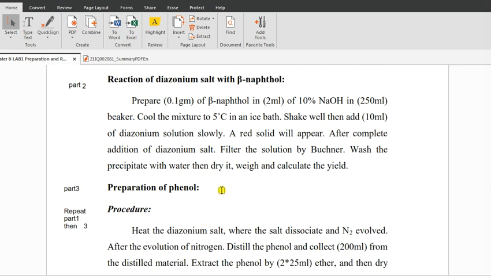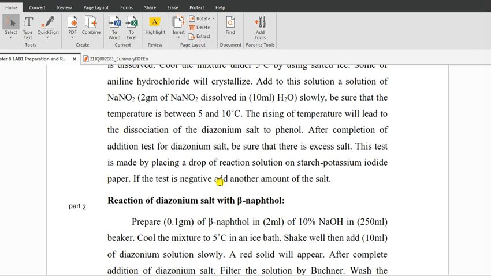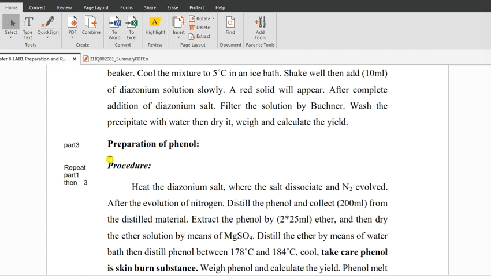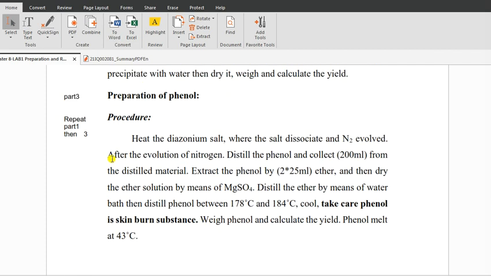In part 2, or in week number 2, you have to prepare diazonium salt with the same procedure as part 1, and then prepare the phenol from the diazonium salt. Now the procedure: repeat part 1 and then start with part 3. So prepare a diazonium salt as shown in the procedure of part number 1,